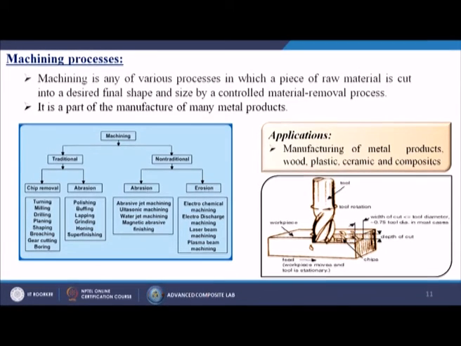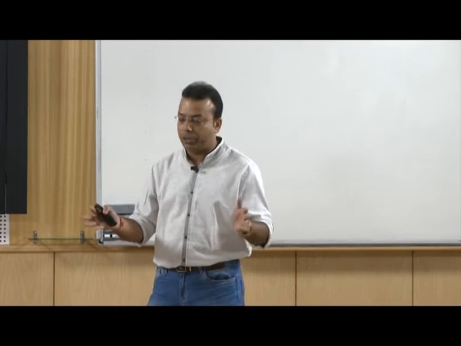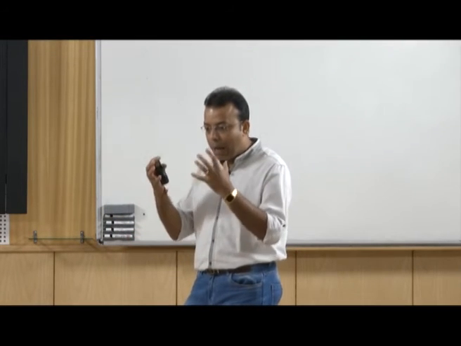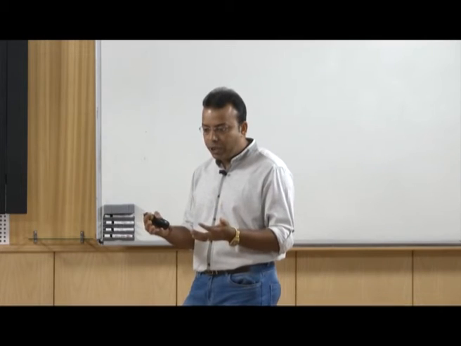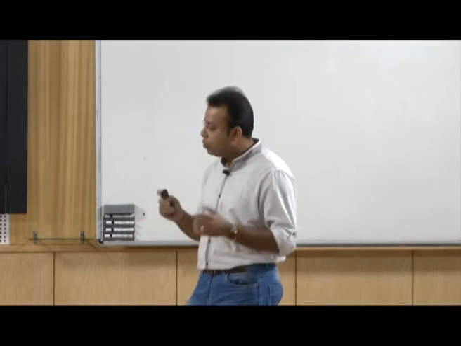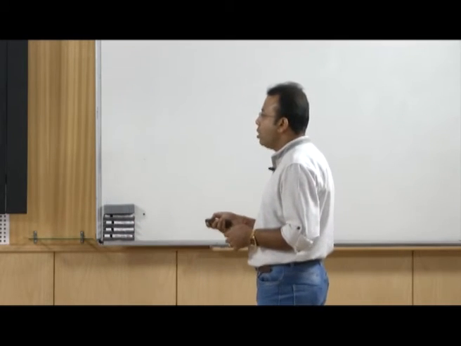And on the right side we are going to see the non-traditional processes: abrasive jet machining, ultrasonic machining, water jet machining, magnetic abrasive finishing, all those. Abrasive jet machining means we are mixing the abrasive particles with air, then allowing that stream to fall directly onto your material surface so that it can do the machining operation. Or you are using some kind of ultrasonicator in which you put the abrasive particles. Due to the ultrasonic vibrations, the abrasive particles rub onto your material surface and do the modification. And the next one is called the water jet.